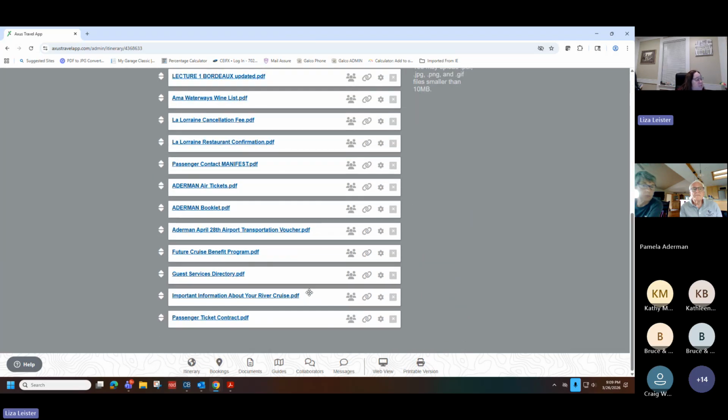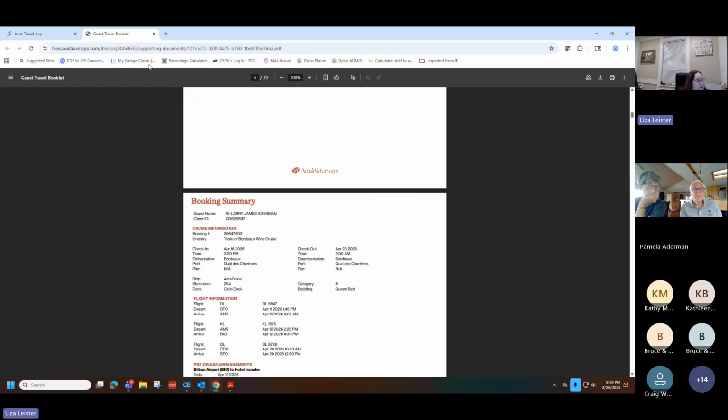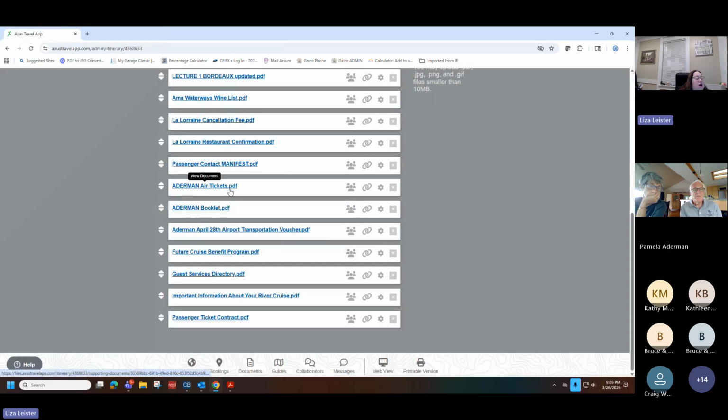But when you go into the documents section, this is everything you're going to need for your trip. So, for example, now Larry has a little bit more as a group leader, but for example, the booklet, that's your AMA eDocs that we're going to be going over shortly. Okay. Air tickets, they're not really air tickets, it's just a copy of your flights. But that being said, what is on the Access app itinerary that we're going through right now, those are the most up-to-date seats and flight information as of this moment, because we just went through and double checked everything, because with the airlines, there's always a couple minutes schedule change and so on.